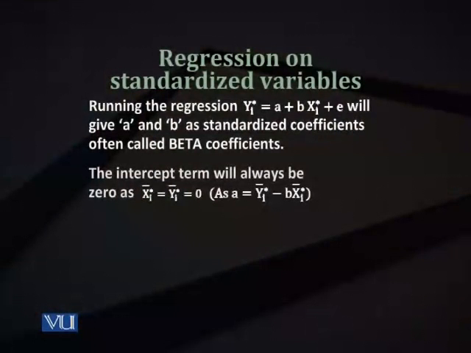In the second slide, you are seeing that we have shown a regression line which can be estimated in the usual way, that is the y standardized variable is equal to a plus b into standardized x plus error term. So this is a usual straight line. We can estimate it by usual OLS and see, for example, that the intercept will be 0 in this case, as we stated that the arithmetic mean of the standardized variable is 0.